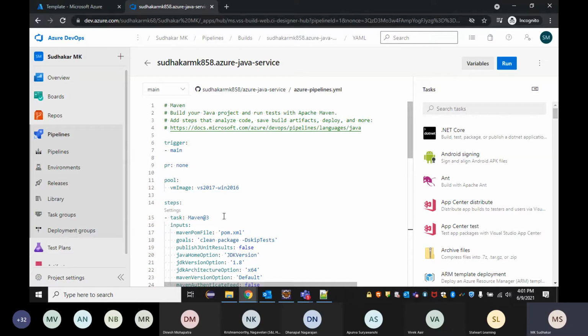This varies with the development environment. For example, as it is Java and Maven based, we have this kind of steps. But for C# and .NET, it is going to be completely different. So we cannot use this YAML file for a C# project. This is only for the Java project.